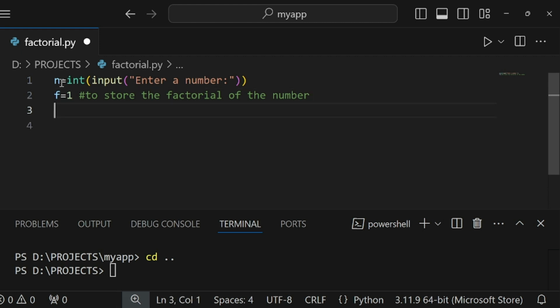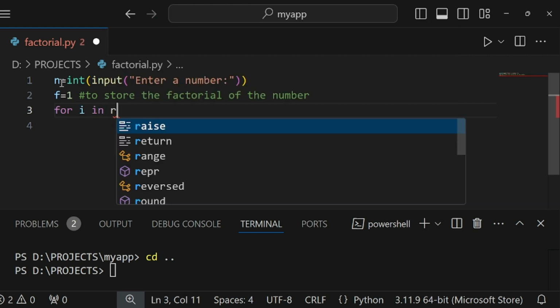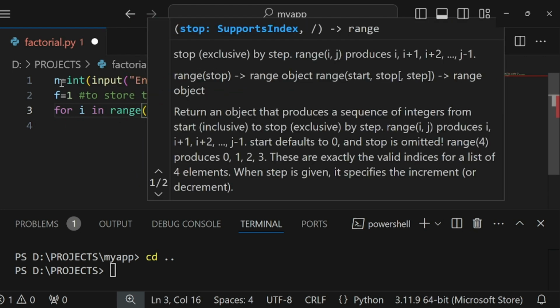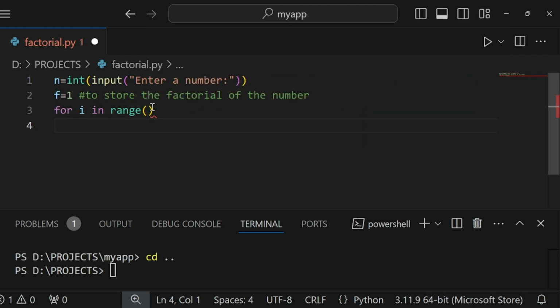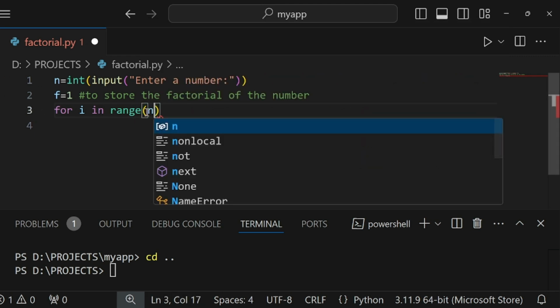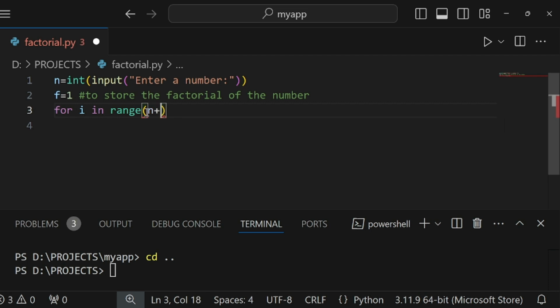So next, you will use a for loop to multiply all integers from 1 to the number n that the user entered. Okay, the loop will iterate through each number, and on each iteration it will multiply the current value of f by the current number from the loop. So for i in range(n + 1)